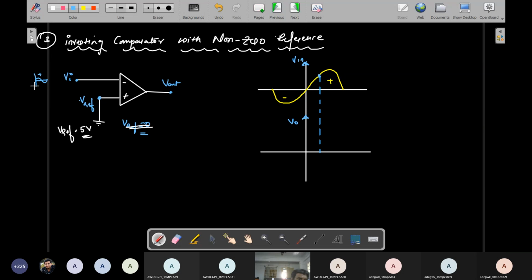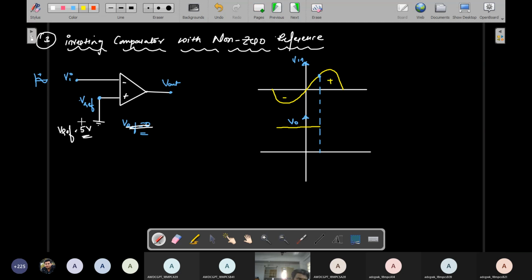So if you give a positive input, then the positive peak will be converted into negative in the output voltage. This is the positive region, and this is the negative region. So in the positive region, your input starts with the negative peak applied. After the 180 degree phase shift, it looks like this. Your saturation starts from here up to your reference voltage.